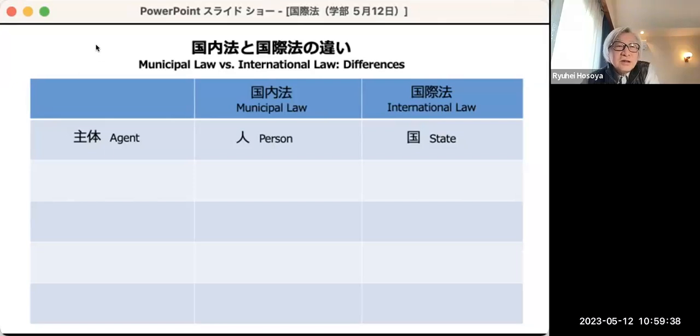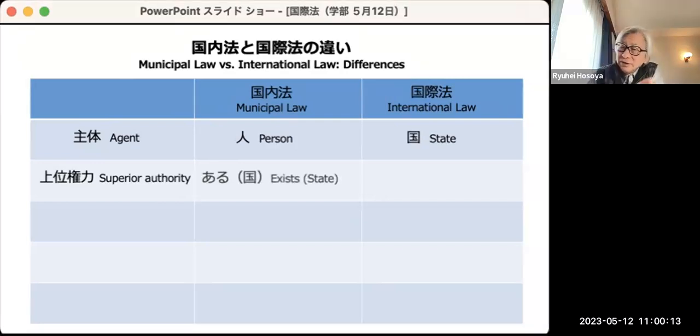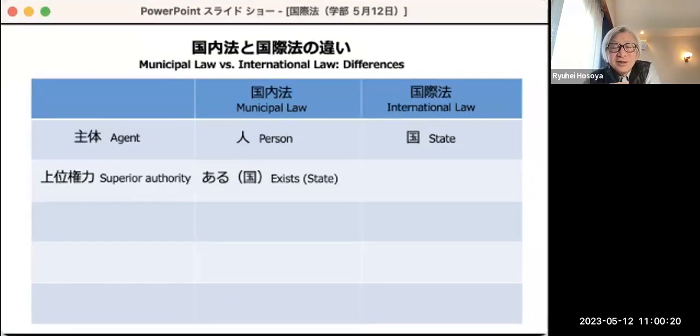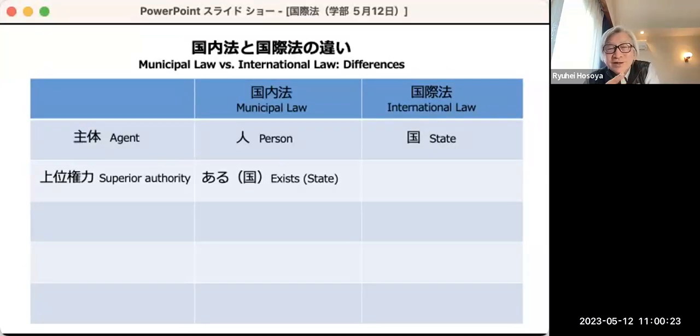So that's very different. The second perspective is whether or not there is a superior authority to these agents. このエージェント、主体の上に立つ上位権力があるのかどうかですね。And we've already seen this in the classes in international politics. In the case of municipal law, this is in theory, I think there shouldn't be, because we 我々国民って一番の権威ですよね。